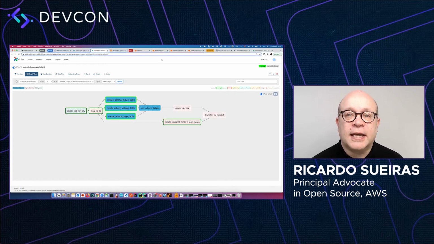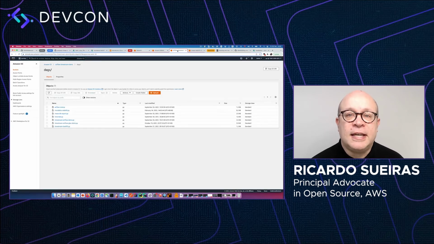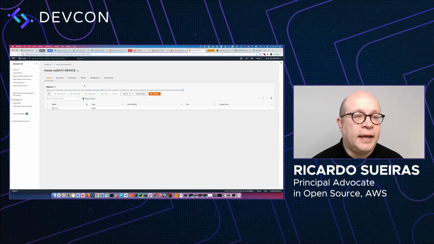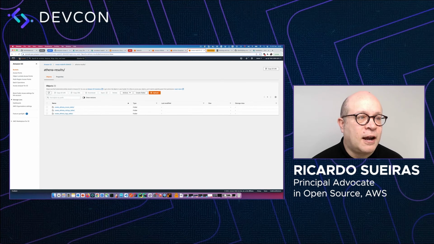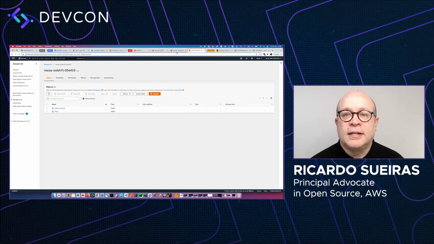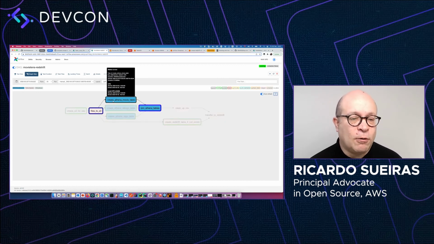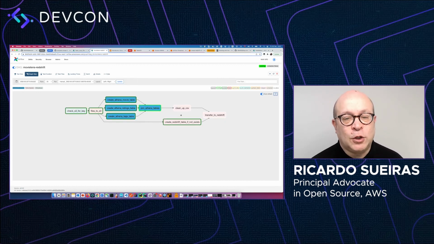What we can do is go into AWS and check to see the files. Where are they? Nope, not there. They're here. So we can see the files being created. Here are all the files that are currently being processed by those workers. So again, Apache Airflow here is running a number of different worker nodes that are doing all that processing. It's done all the copying and splitting out of files. It's now joining the information it wants into a single file. And then once it's done that, which shouldn't take too long,